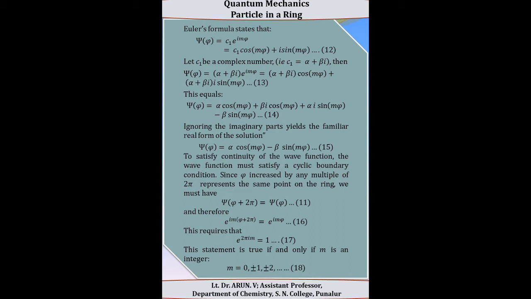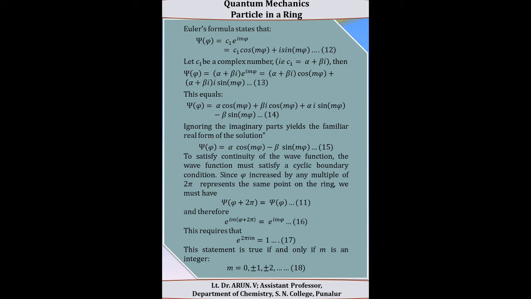To satisfy the continuity of the wave function, the wave function must satisfy the cyclic boundary condition. Since phi increased by any multiple of 2 pi represents the same point on the ring, we can write psi phi plus 2 pi is equal to psi phi,